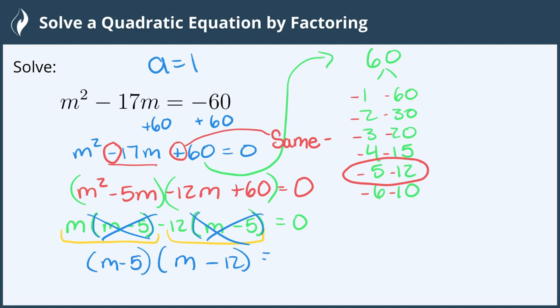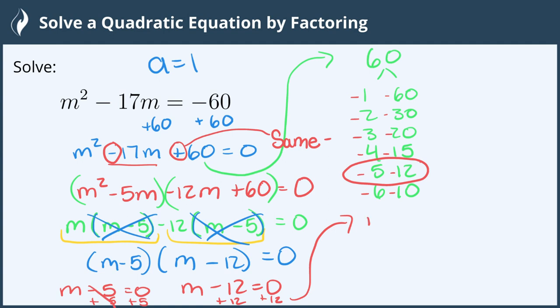minus 12 equals 0. Now we can employ the zero product property by setting each of these factors equal to 0. And then solving for those, we will add 12 to both sides on this one, add 5 to both sides on this one, and we end up with, running out of room, we'll come over here, negative 5 plus 5 cancels, so we have m equals positive 5, and negative 12 plus 12 cancels, so we have m equals positive